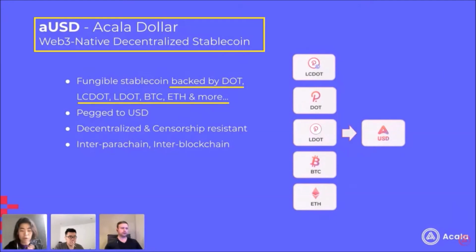This Acala Dollar, aUSD, is where the Acala team will focus a lot of attention. The goal is to make this Acala Dollar a native stablecoin for all parachains deployed on the Polkadot network. This stablecoin will be backed by multiple assets such as lcDOT, DOT and lDOT. Moreover, once bridges to other ecosystems are in place, Acala Dollar will also be backed by assets from other blockchains